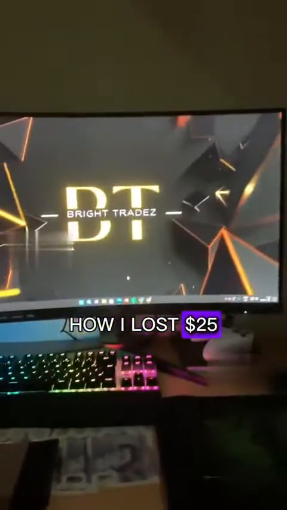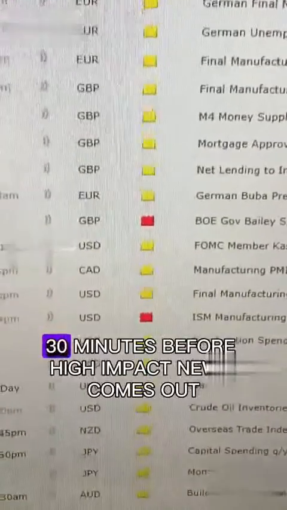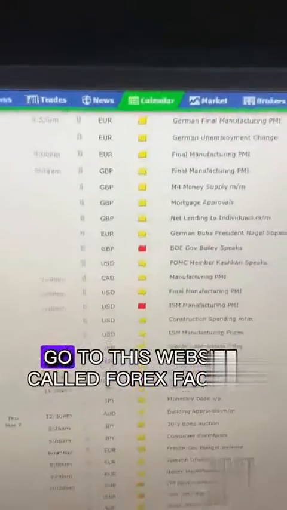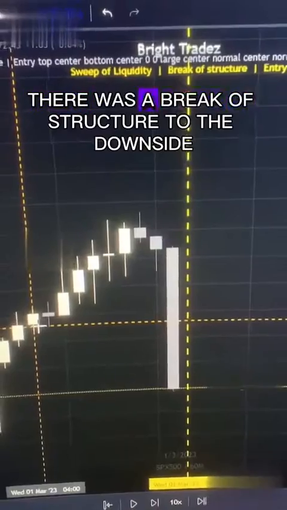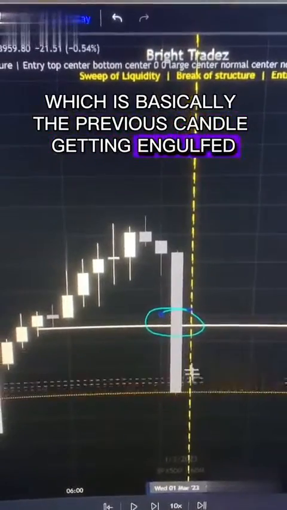I lost $25 day trading stocks in school. The first mistake I made was day trading 30 minutes before high impact news comes out, which you can see by this red folder. News like this can mess up the market. To find out when these news dates come out and the exact time they drop, go to this website called Forex Factory. There was a breaking structure to the downside, which is basically the previous candle getting engulfed, so overtaken